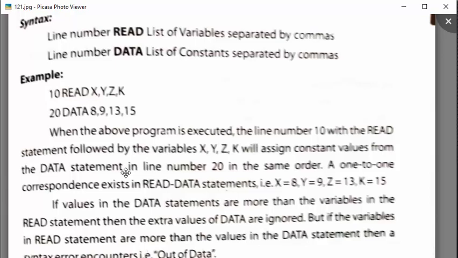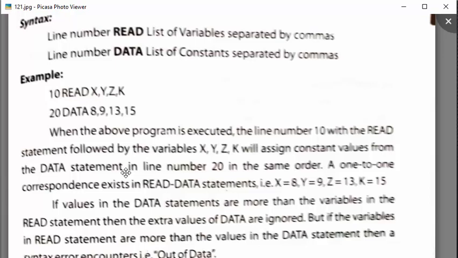An example is given here. Line number 10, READ X, Y, Z, K. Line 20, DATA 8, 9, 13 and 15. When the above program is executed, line number 10 with the READ statement, followed by variables X, Y, Z and K, will assign constant values from the DATA statement in line number 20 in the same order.